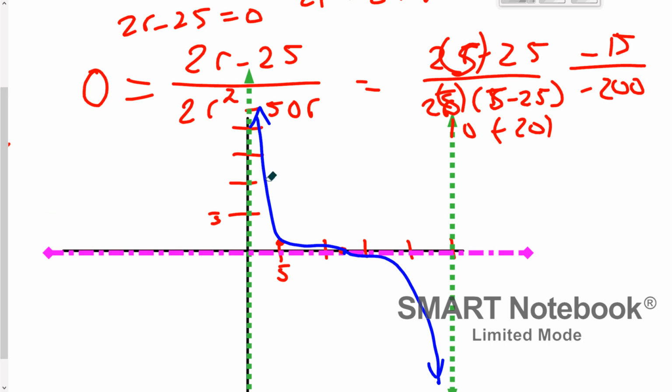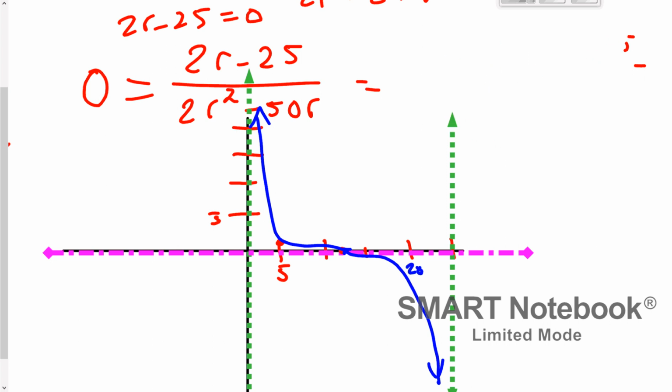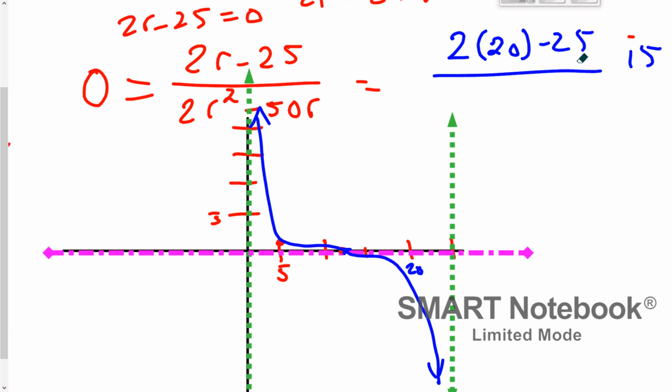But we can see it's going to go up and to the left. The question is, does it come back this way? How we can tell that is to plug in more numbers. So if we plug in, that's 5, 10, 15, 20, let's plug in 20 and see what we get here. So let's erase this and plug in 20. So 2 times 20 minus 25, so that's 40 minus 25, so that's 15. And then 2 times 20, and then